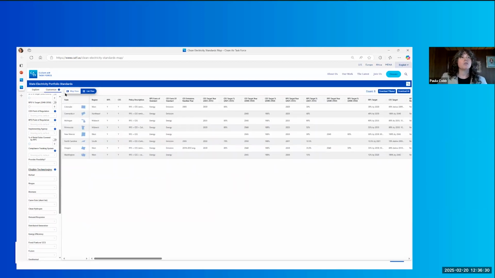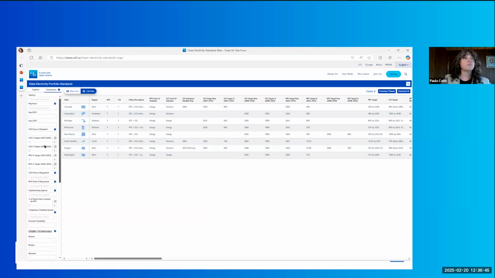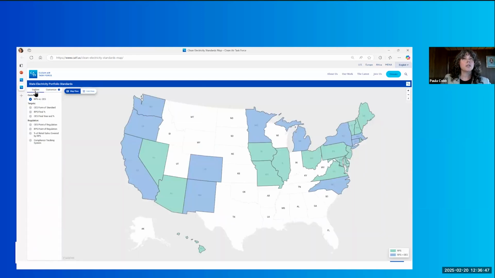And this list view brings up all the states that meet the particular design options that you've chosen. And then once you've got the data that you'd like to look at, you can then download that particular list and look at it offline. So let's go back to this Explore tab here. Let's just pick a state as an example to show you some of the functionality.